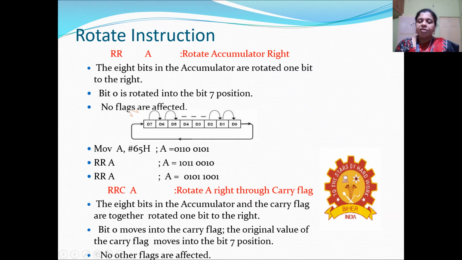Then shift each and every digit to the right. So it becomes 1 0 1 1 0 0 1 0. Then again I am doing the rotate right operation, meaning again the LSB will be moved to MSB. So MSB will now take the value 0, then shift each and every bit towards the right. So the value becomes 0 1 0 1 1 0 0 1. So this is the thing. In the same operation, if we have the carry involved in it, then the instruction used is RRC A.